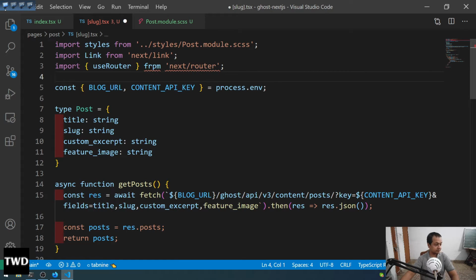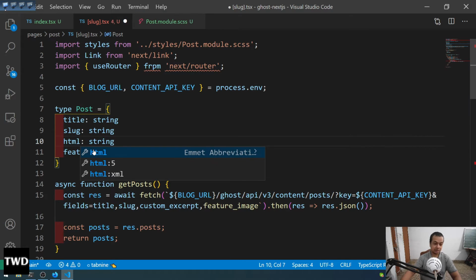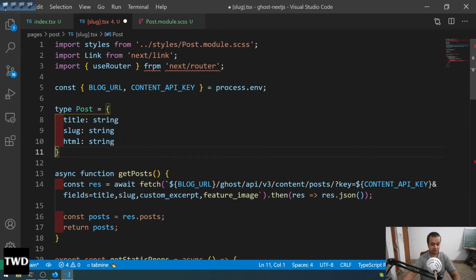Okay, and post is okay, title slug is okay, and there is something known as HTML. So HTML, we don't want this. Our post looks like this. Okay, so